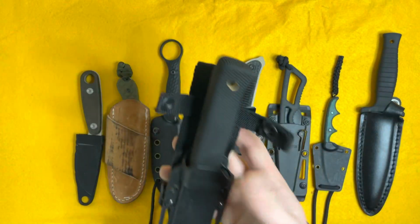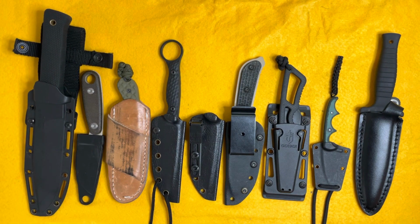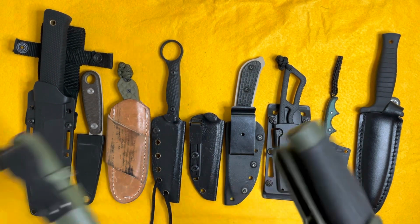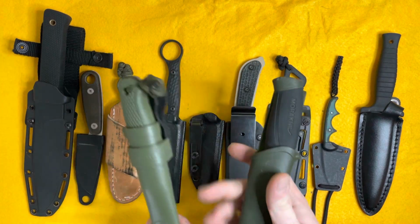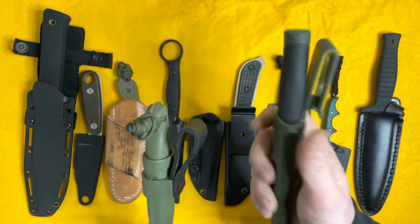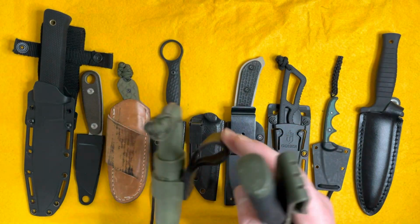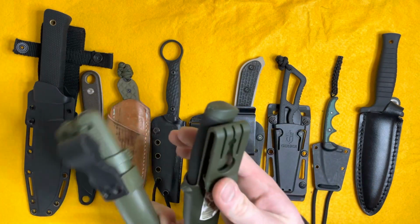Now this is a hip carry, a vertical hip carry, you'll hear it called, handle up in this case. There's other vertical hip carry knives, which is the most common and popular way to carry a fixed blade knife. This is sort of an in-between, a dangle and a standard vertical carry, because you do have a little bit of movement with this. So technically, I think you would call this a dangle, whereas something like your typical Mora